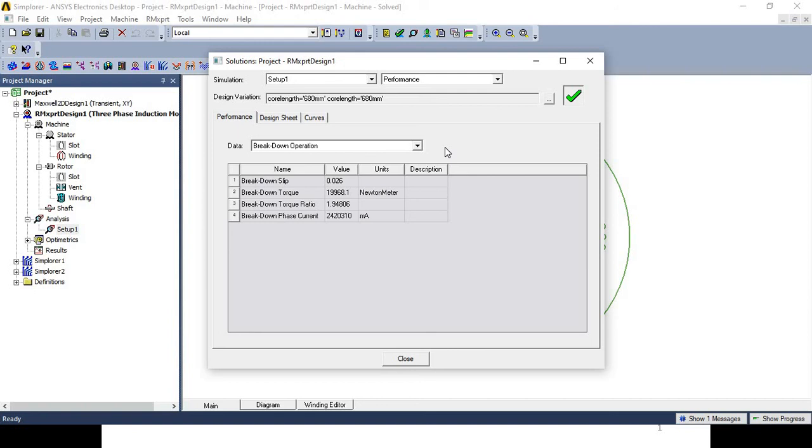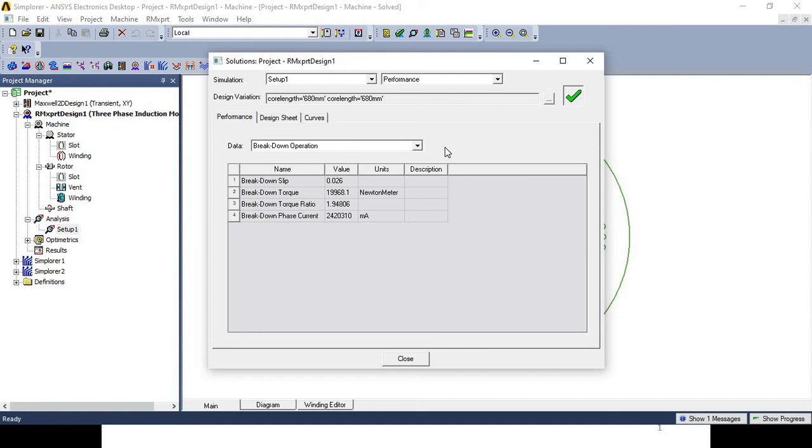So in this first part of this lecture, we have discussed how to select the RM Expert tool, how to open the new project, then in case of the three-phase motor analysis, which are the different design input parameters required, how to provide that input data, that part we had covered.